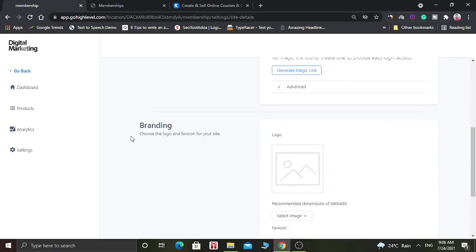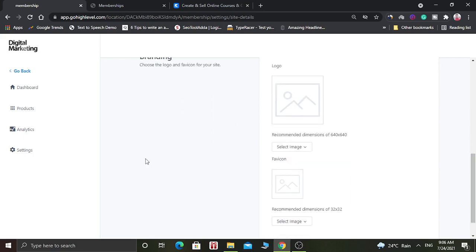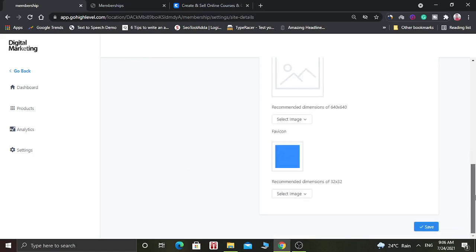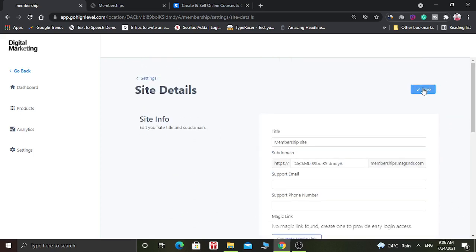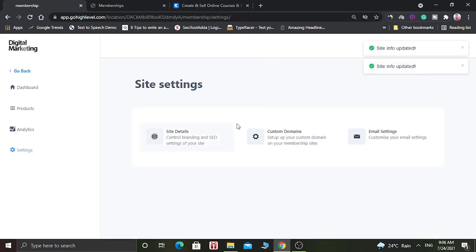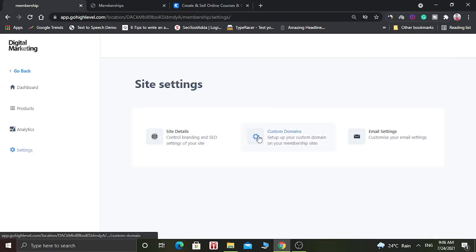For branding, use a logo and favicon for your site. You can add a logo here and you can add a favicon here. After that, you can even add a custom domain to this membership site.